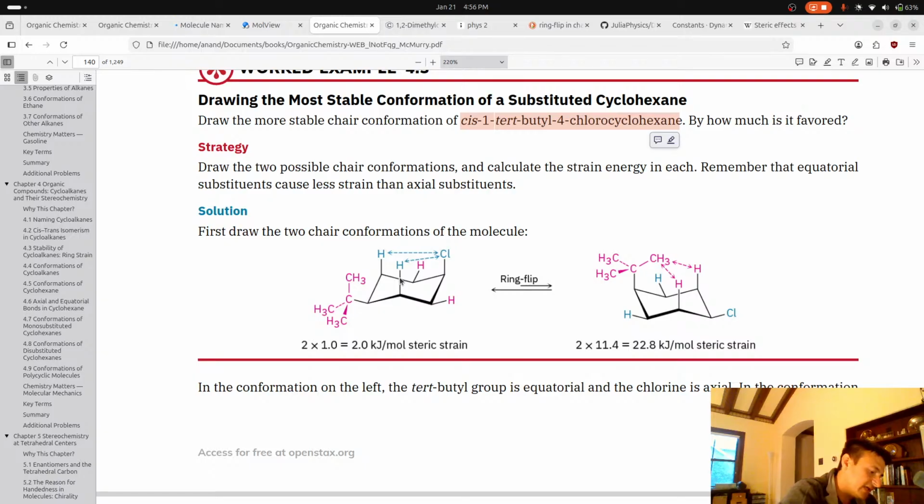Let's say we have A and B as the substituents. If we have a 1-2 configuration and it's cis, then for things to be cis, if it's a 1-2 cis, then